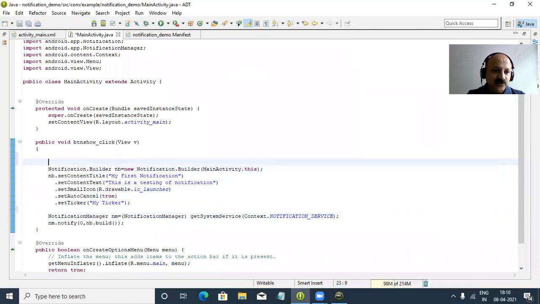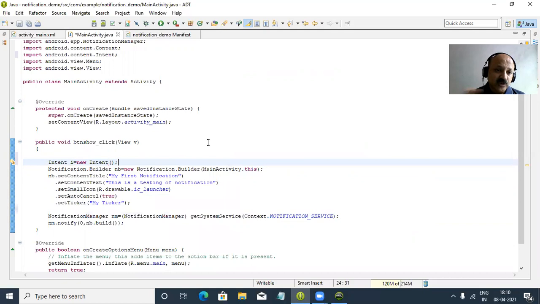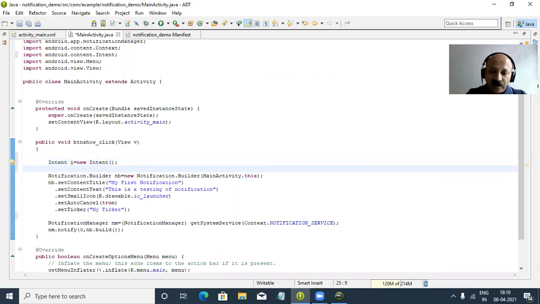So now I use the first intent, which is required, and I create an object of the Intent class. It is a message passing object that can pass data from one activity to another. We also use intent in the background when one component passes a message to another component.